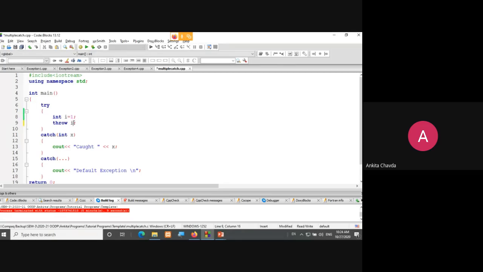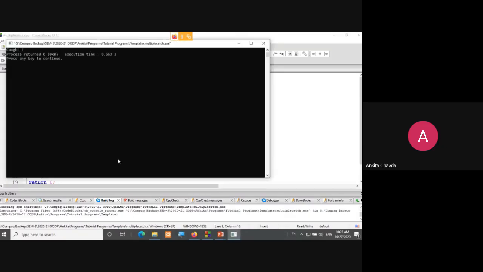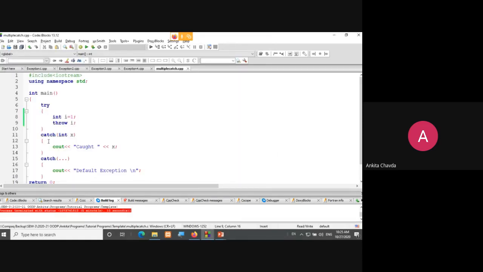and I'll throw i. So what is printed over here? Caught 1. Why? Because it will go to your very first catch. Whenever your parameters are matched, it will check for the appropriate catch.